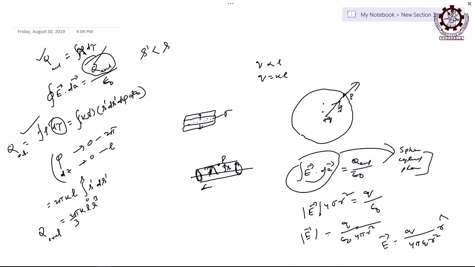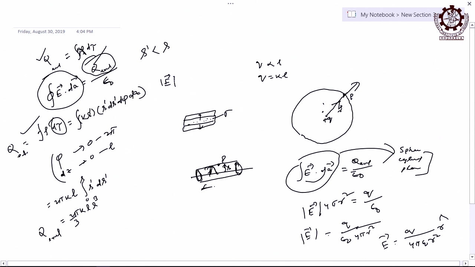Then apply Gauss law, estimate the electric field intensity at that point. This q enclosure is important, how to calculate. Then you go for the Gauss law and find the electric field intensity at that point P having radius s from the axis of the charge distribution. How much will you get on this left hand side integration? It will be integration of dA, how much will that be? Twice pi s L, or not?